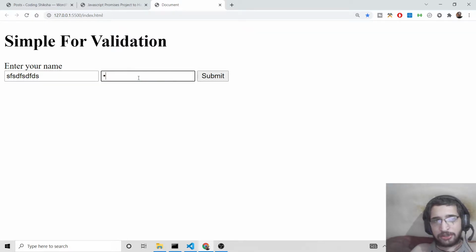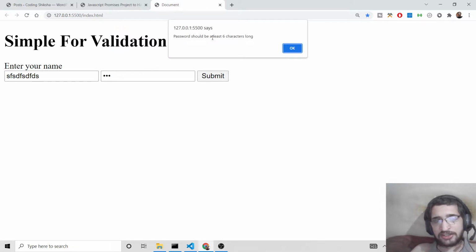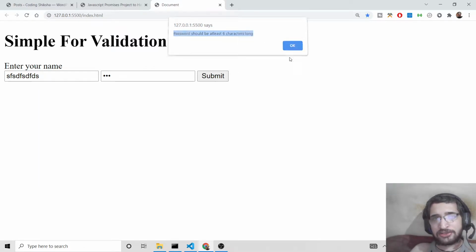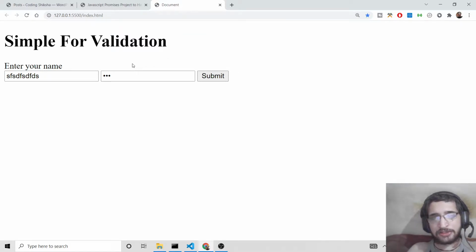If I enter a short password of 3 characters, it will show you another custom error message that password should be at least 6 characters long. So this will be the application, very simple. We will be using the concept of JavaScript promises. So promises, as you know, in JavaScript is a better alternative to callback function,